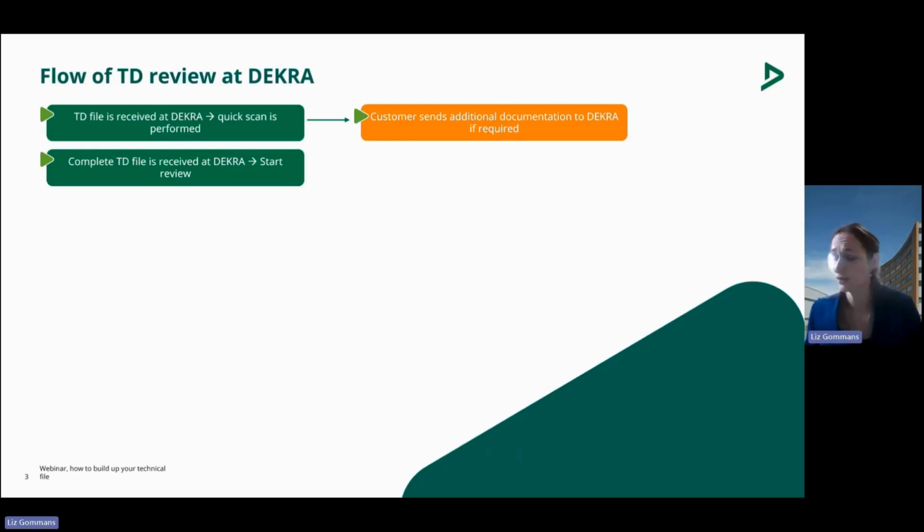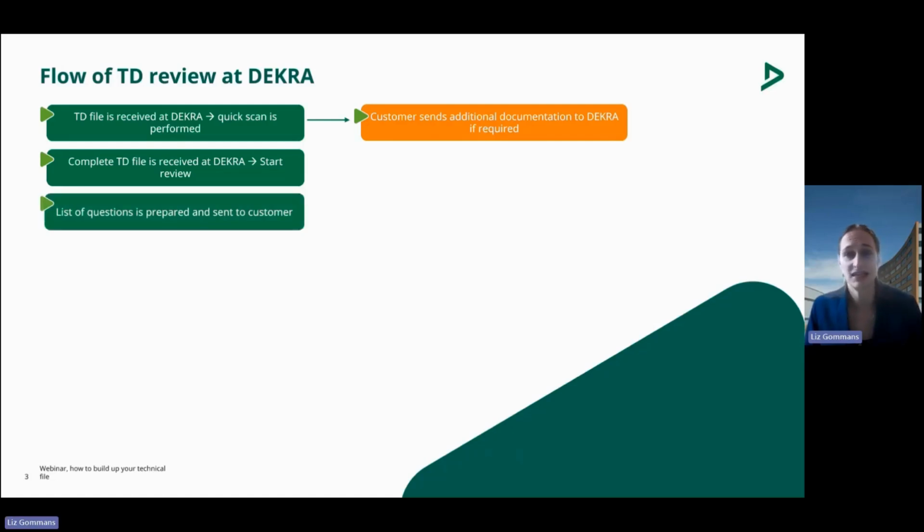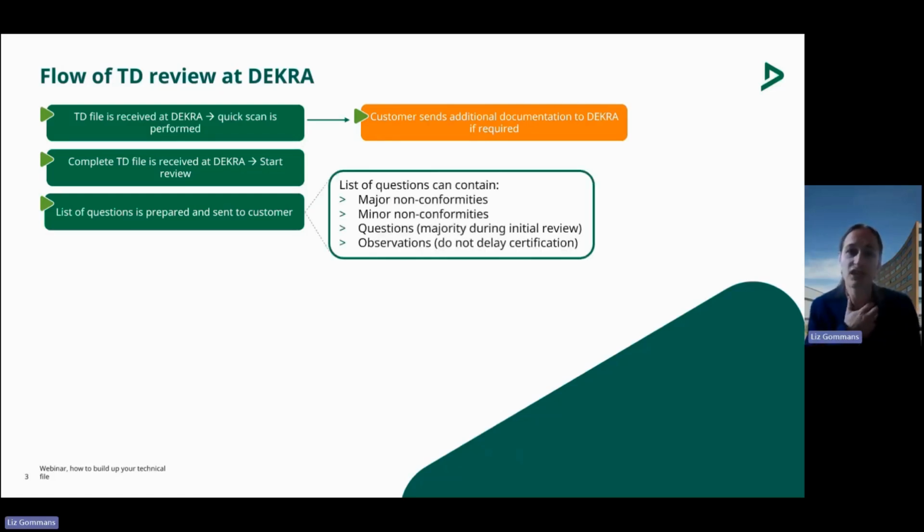So we will perform the file review, and that will then result in a list of questions. And this list of questions will then be sent to the manufacturer. And the list of questions can contain several forms of questions. So we have major nonconformities and minor nonconformities. Major and minor nonconformities are usually only when your device is already certified. If your device is not certified yet, so it's an initial review, then you will receive questions. So during the initial file review, these are the majority